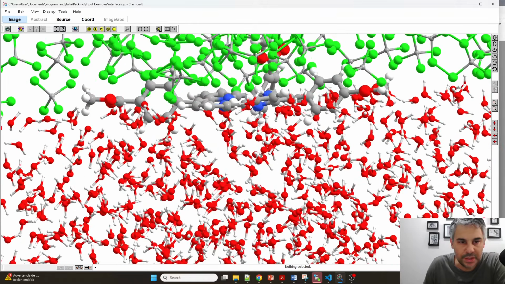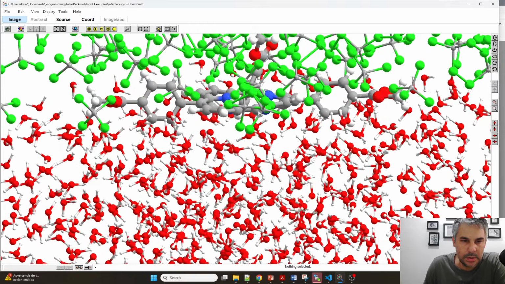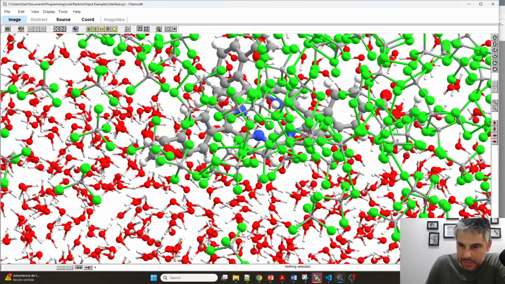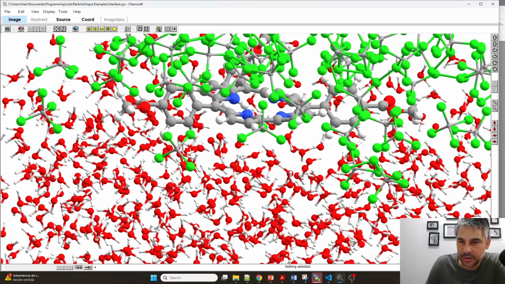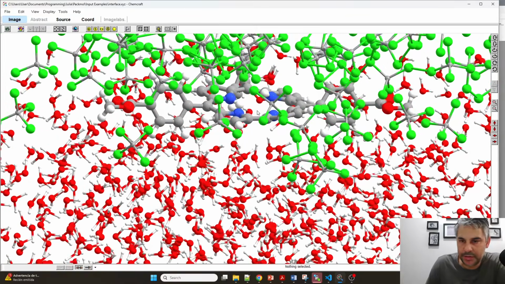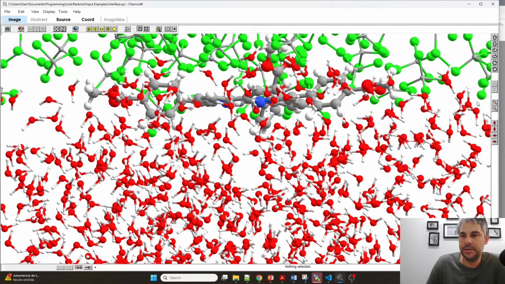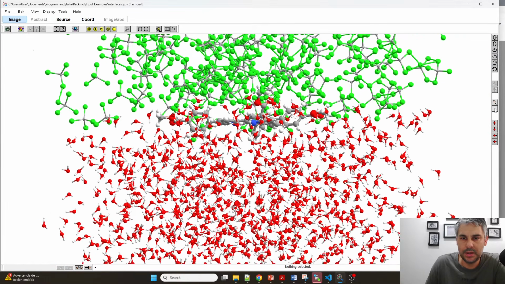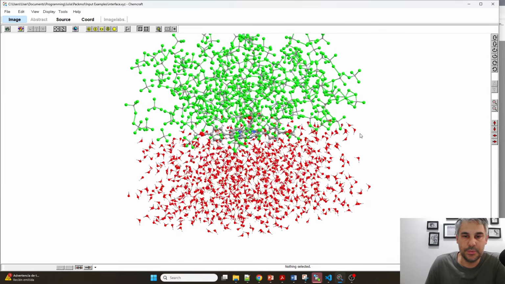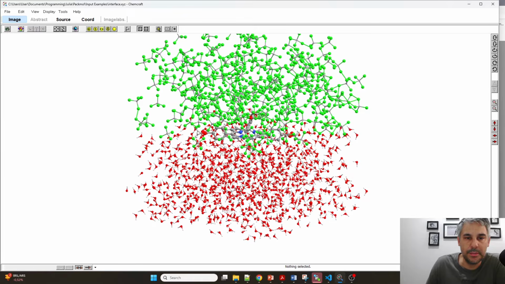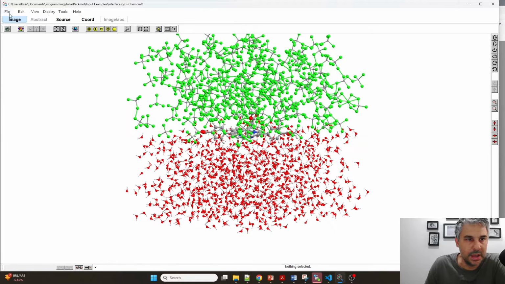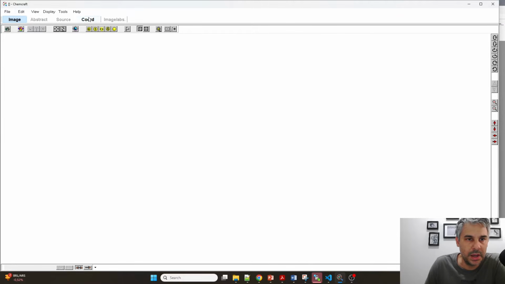I would have to check that there's no strange covalent bonds, but I'm guessing Packmol should take care of that. That's something it's not so easy to check in Chemcraft, but this should be fine. So let's say I want to make a different program. This is already quite interesting for starting a molecular dynamics simulation, but I'm going to clear this,